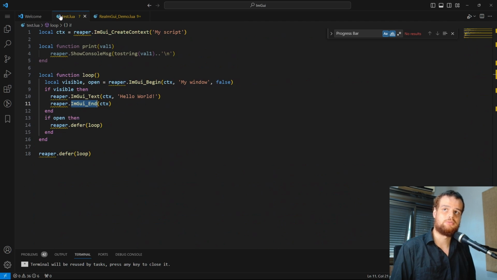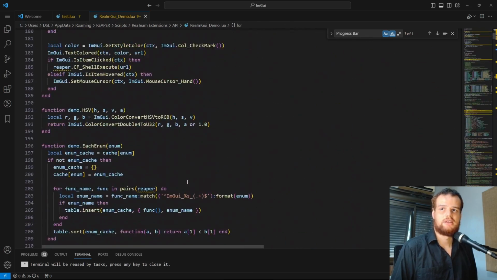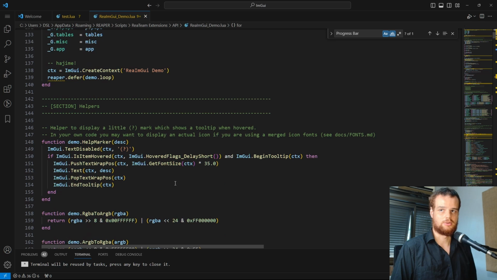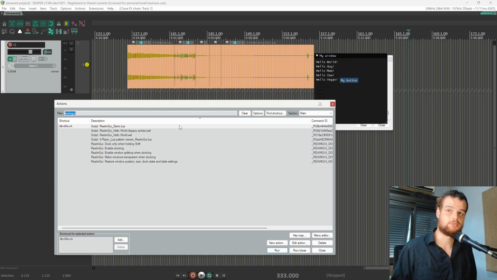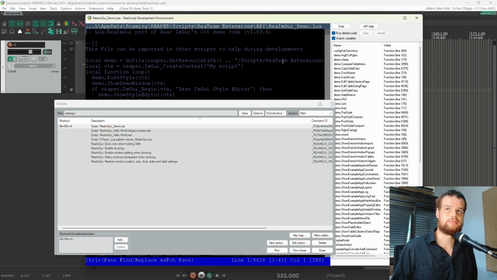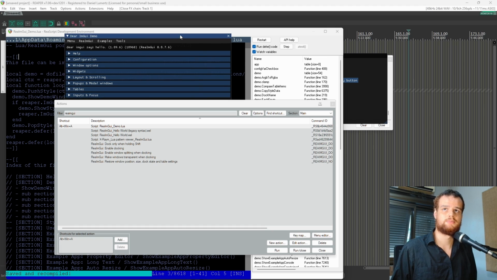For this video, I will stick with the default way to write things, so reaper.imgui underline. But if you want to do the other way, just copy that small code at the top of the demo script. Another way you can find things inside the ImGui demo is to open your ReaScript IDE, run the script, and go to